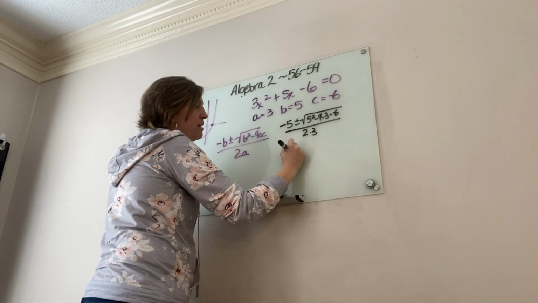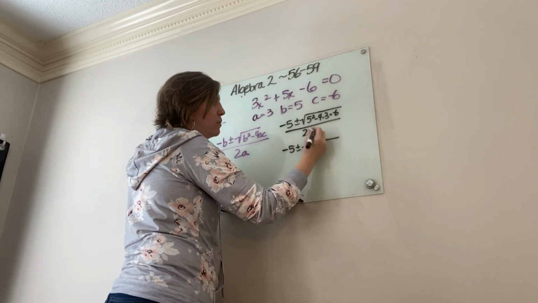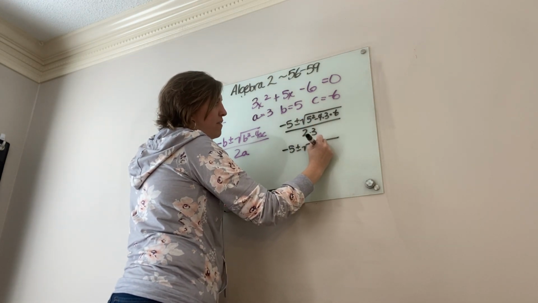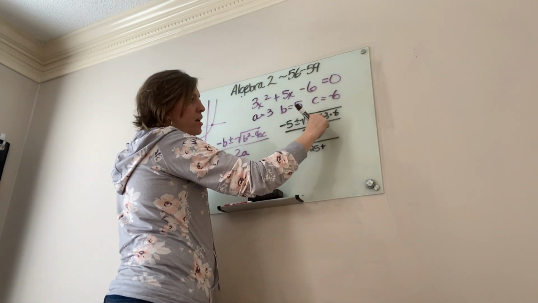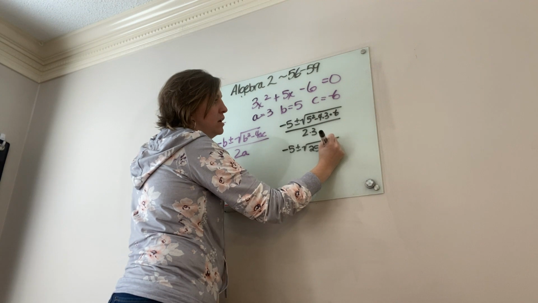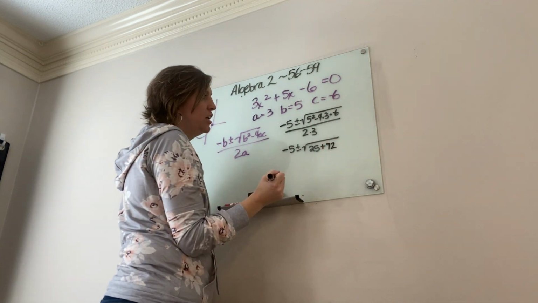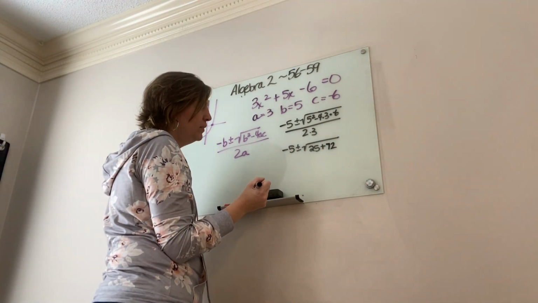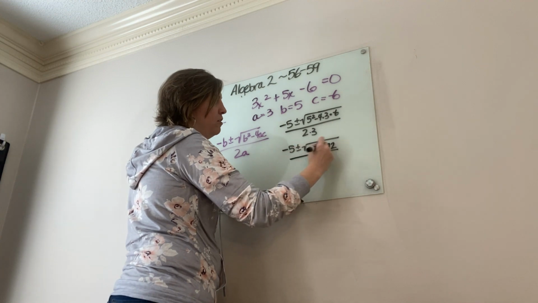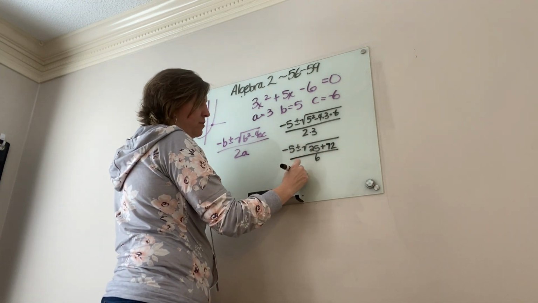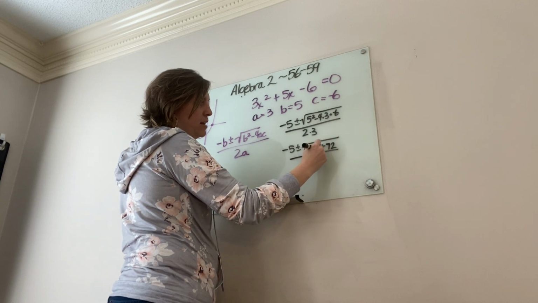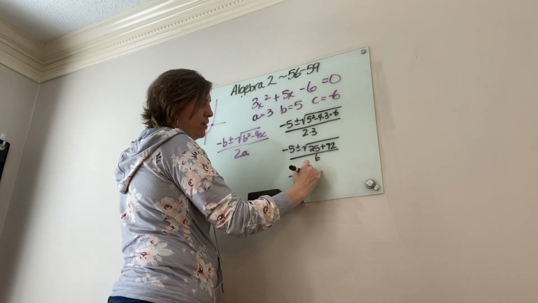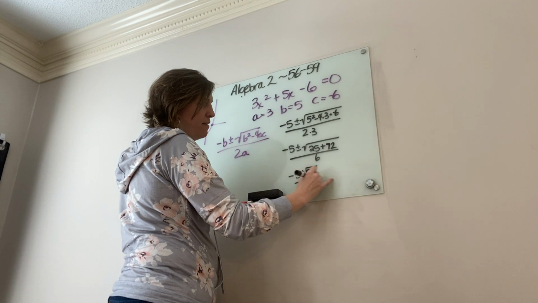So it's going to be -5 plus or minus the square root of 25 plus, a minus and a minus together, 12 times 6 is 72, and then over 6. So -5 plus or minus the square root of 97